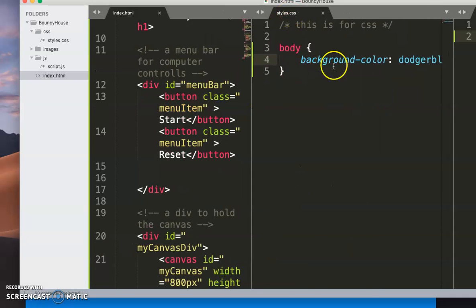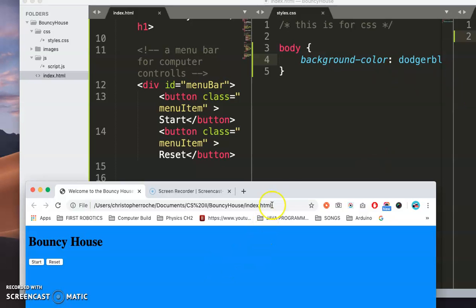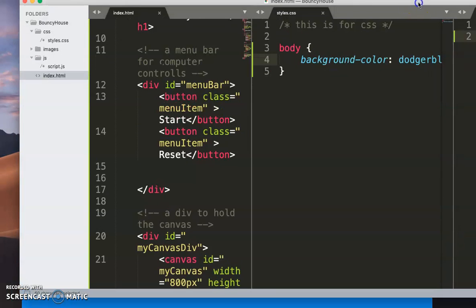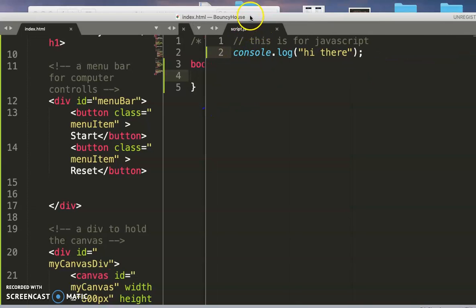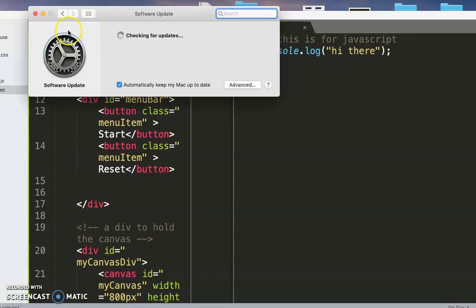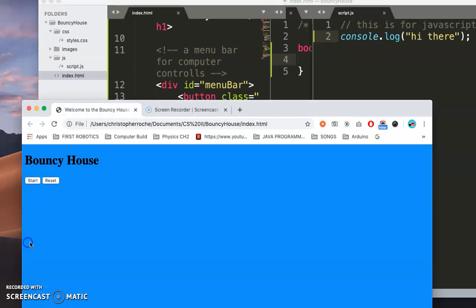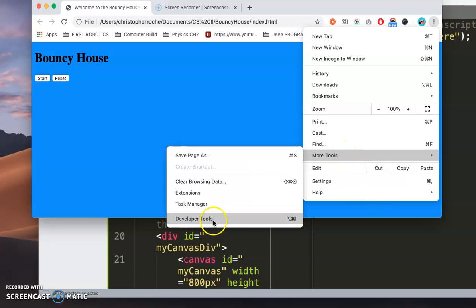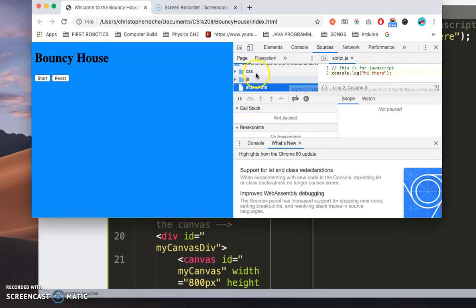And what we did is we set a blue background on Bouncy House, so we know that the blue background's working, which means the CSS is working here. And we also set a console log on the script to show that the JavaScript is working. The only way you can really test that is by going through here and going to developer tools. And if you see that "hi there" is there,